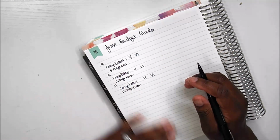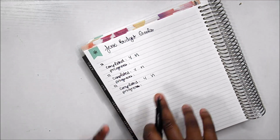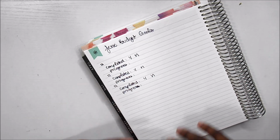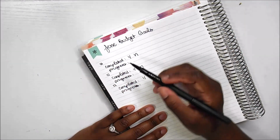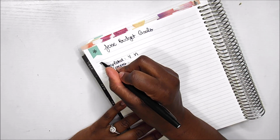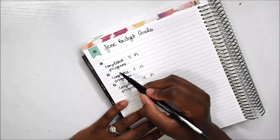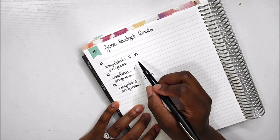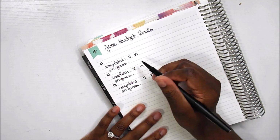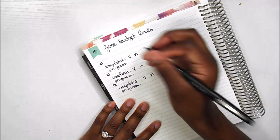Some of these goals I still need to go over with my husband, but one thing that we like to do when we sit down to talk about our budget for the month is really look at what we're trying to accomplish that month and how we can move the needle forward on our goals, no matter how big or small. So I have put down places for 3 different goals, which is what these little check boxes represent. Underneath that, I wrote completed, and then we'll circle yes or no, and then the progress that we've made towards that goal, because whether or not we completed the goal is not necessarily always the biggest milestone of progress, but we really want to celebrate the progress on that goal. So for me, my first goal is going to be